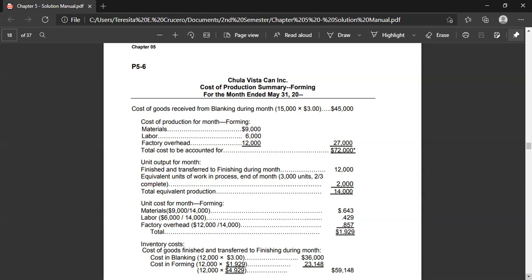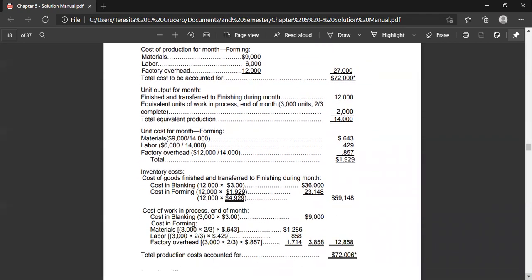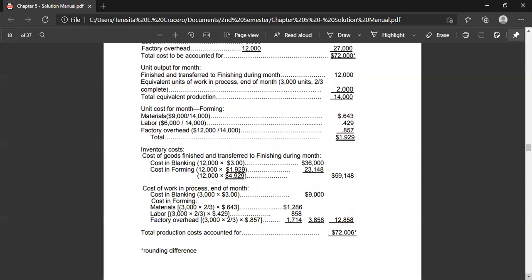Total the inventory cost, cost of goods finished and transferred to finishing during the month. So we have now total of 59,148. We have 59,148. Then we add the cost of work in process at the end for materials, 9,000 divided by